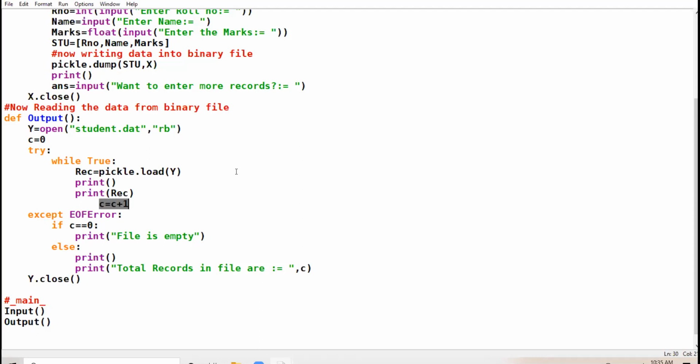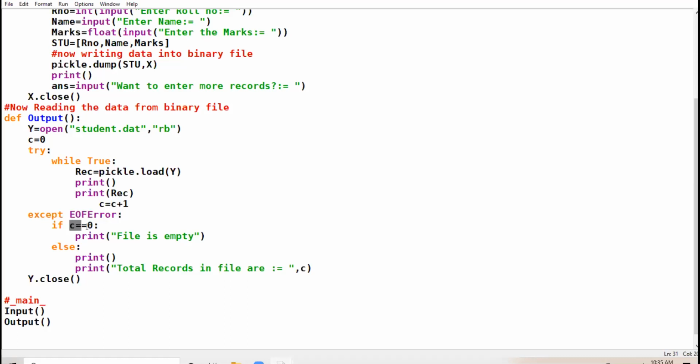When I reach the last record, a runtime exception arises. Then I enter this block, except EOFError. This is the error that will be occurring, so to handle such a situation, I am entering the except block.